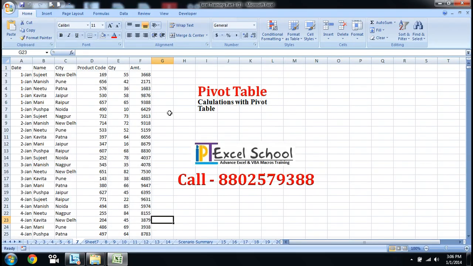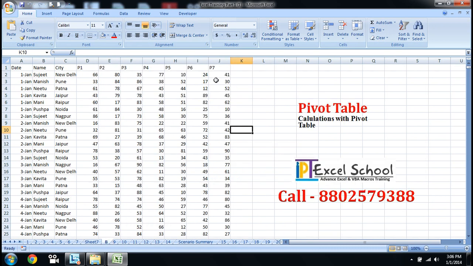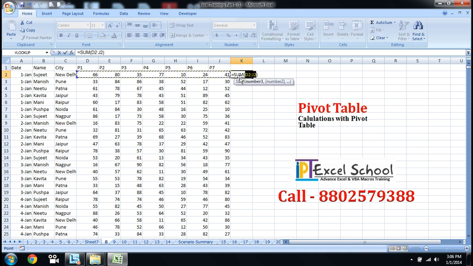Let's take a look at calculation with pivot table. Suppose I have the following data in which I have 7 categories in which I have listed my sales. Now I want to show the total of the following 6 or 7 categories here in the pivot table, for which I have to use total here,